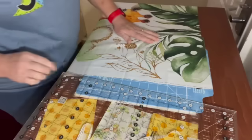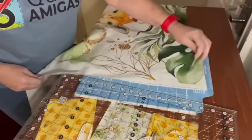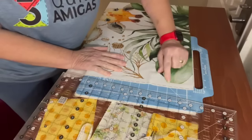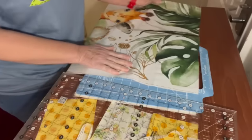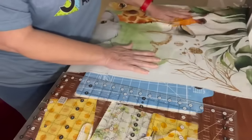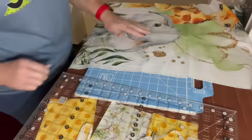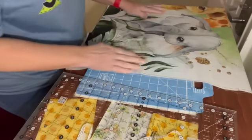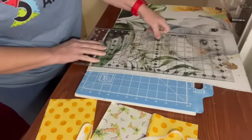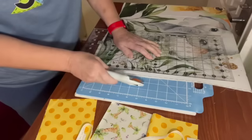Now here is where you get into a little bit of a struggle. So here you can see the edge of the panel because this leaf is square. It's got a line, so you know that's the edge of the panel. And here is some brown, so you know that's the edge of the panel. Then you have white space, and white space, and white space, until you get down here where you can tell it's the edge of the panel. So I'm going to start at the bottom where there's more of a guide to where the edge of the panel is. And the rest of it, I'm just going to have to use my ruler